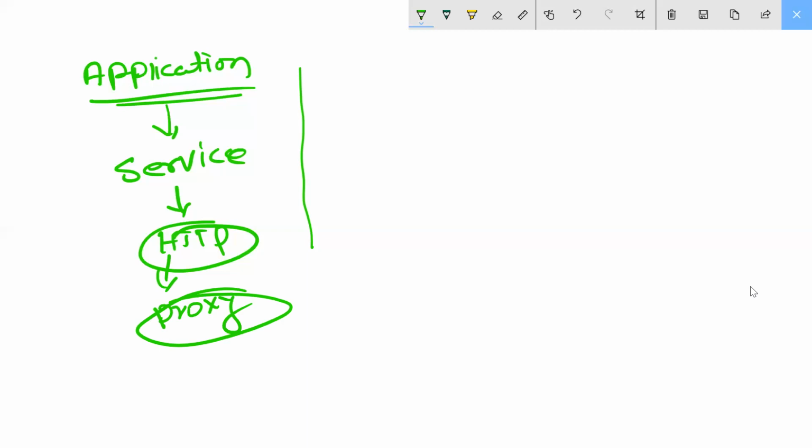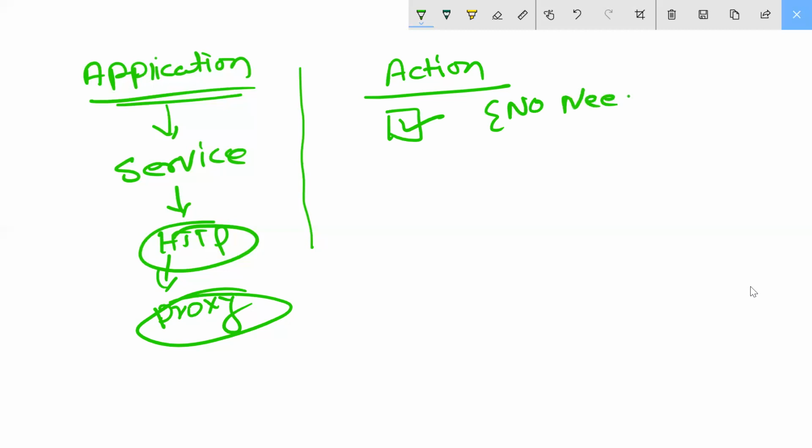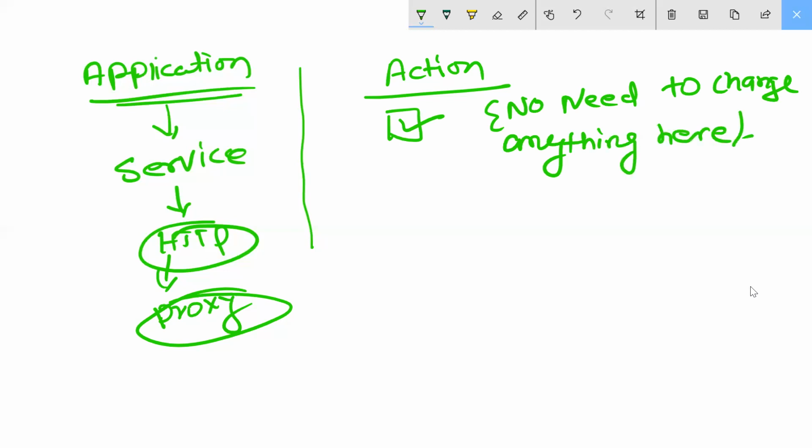Then after that, you should come to the action part. No need to change anything here. Then what do you have to do here?